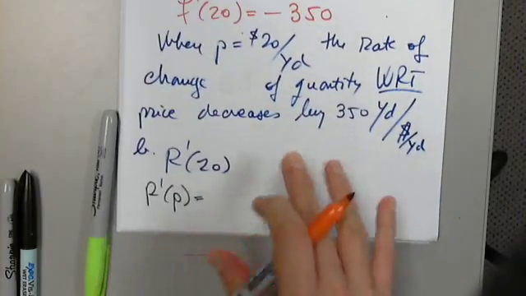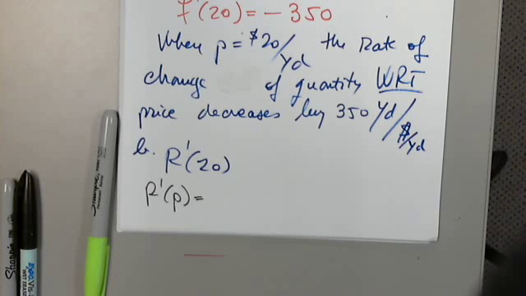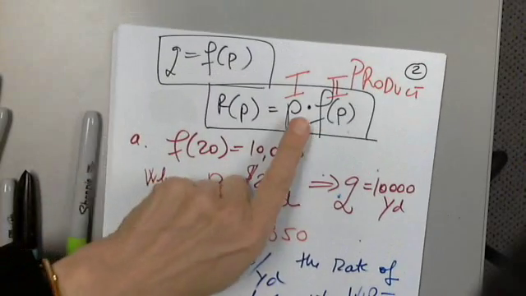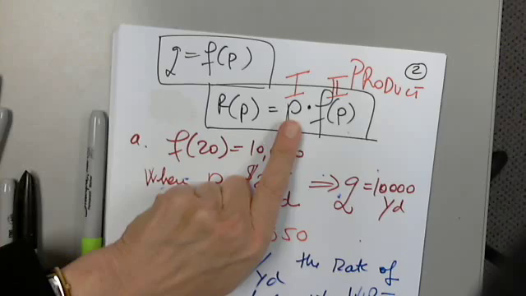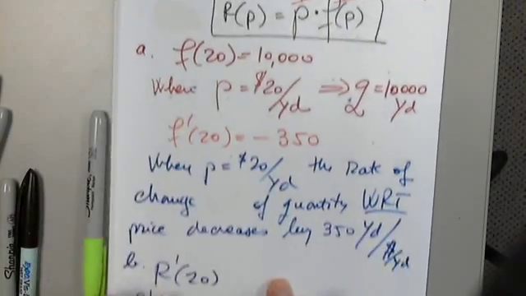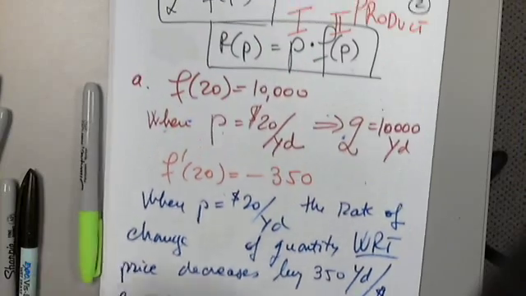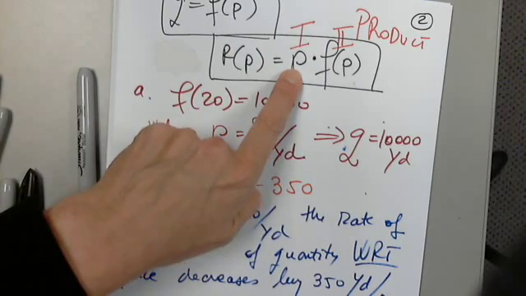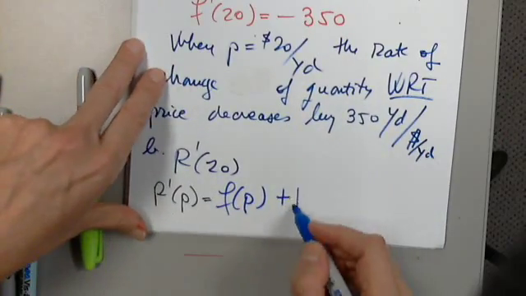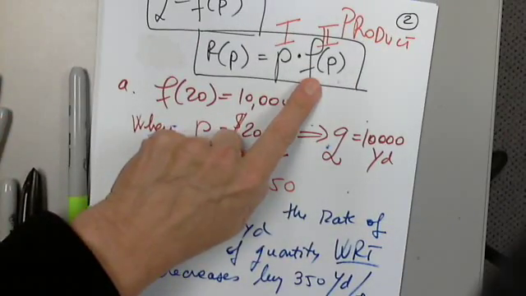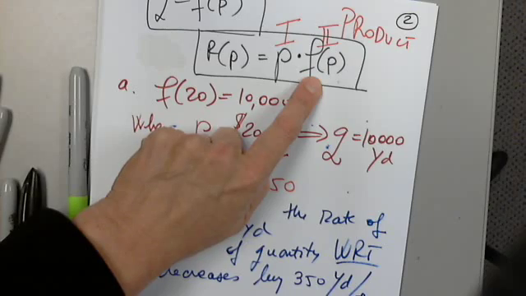So let's find R prime of P. First function prime: it's the variable, x, but now we use P. When I differentiate P, I get 1 times the second function, plus the first function, P, multiplied by the